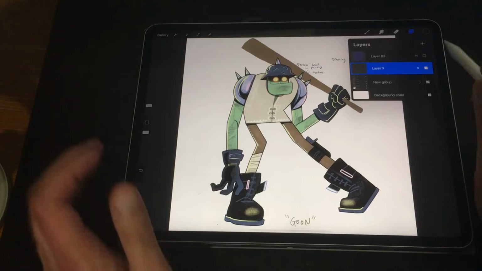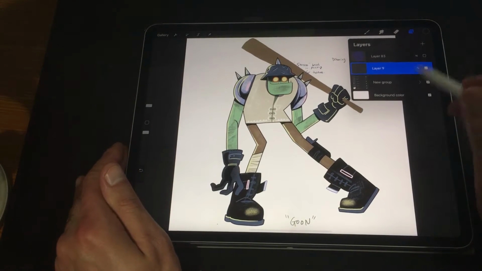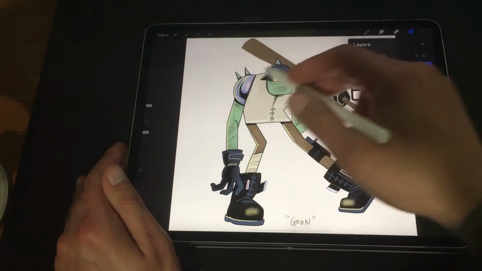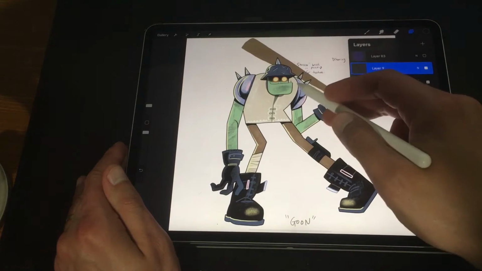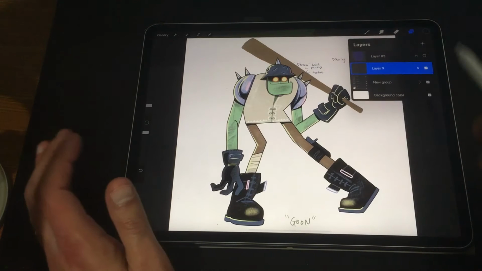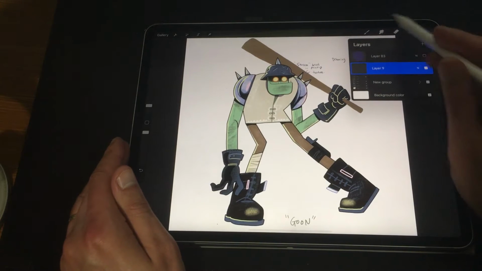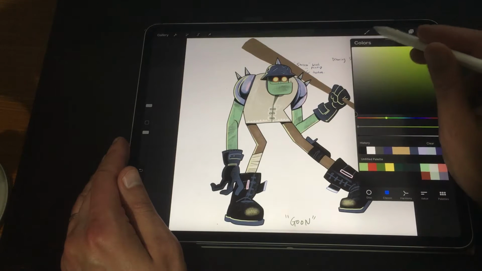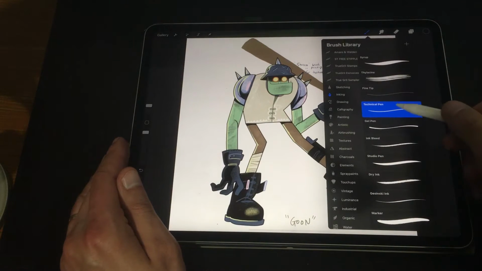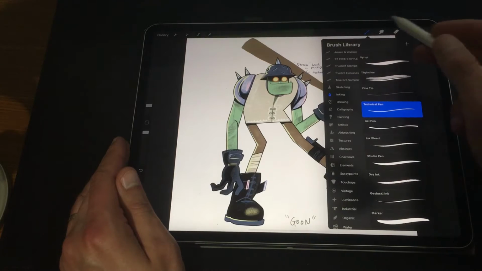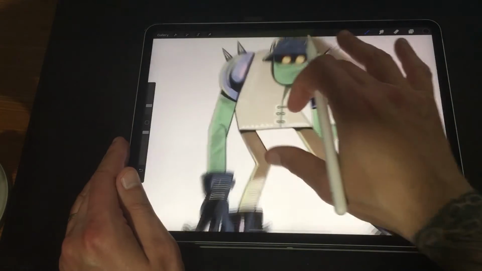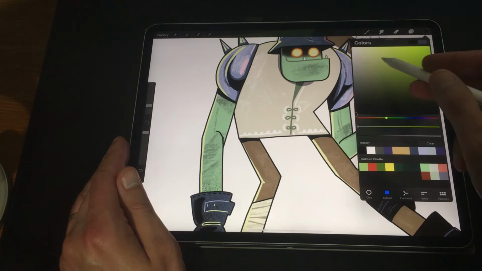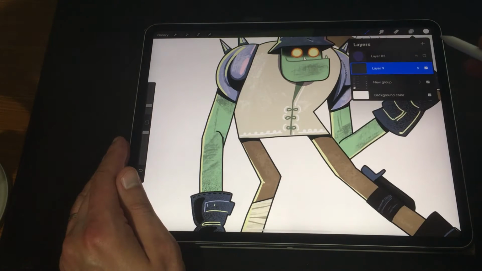my rig now, and to start, I know for a fact that I want the hands, the feet, the torso, and the shoulder pads and the helmet to be built in Procreate. So I'm going to start with them, and what I'm going to do is create the outlines for them with solid black, and I use the technical pen here. It kind of varies, but the other thing I want to do actually before I start that is I'm going to create a white layer,